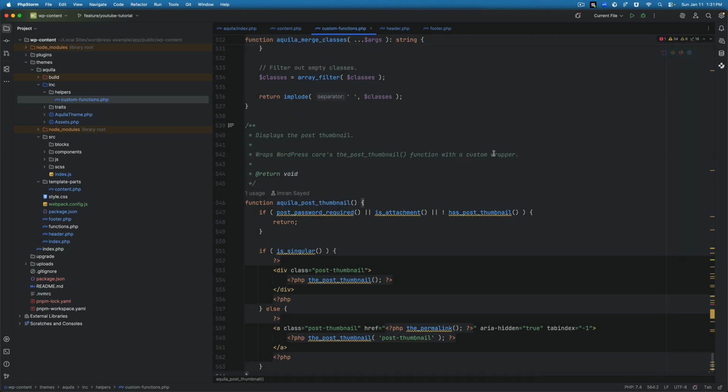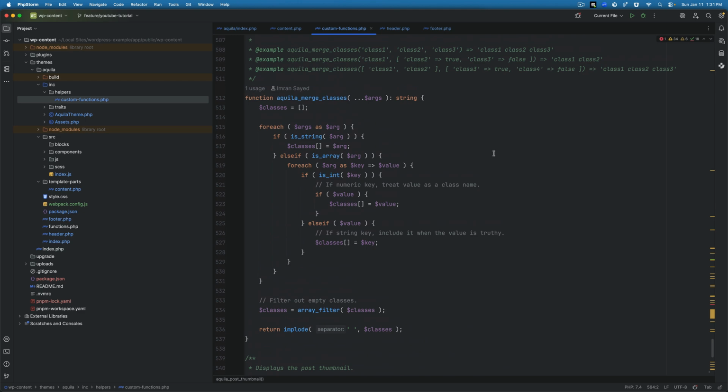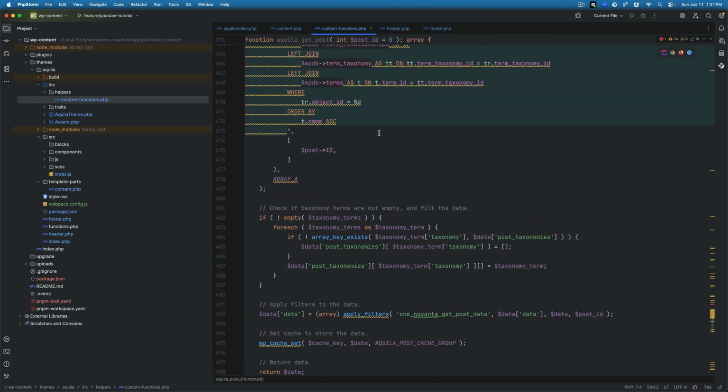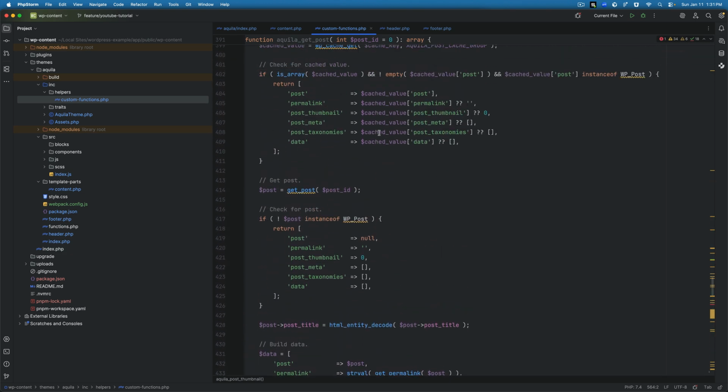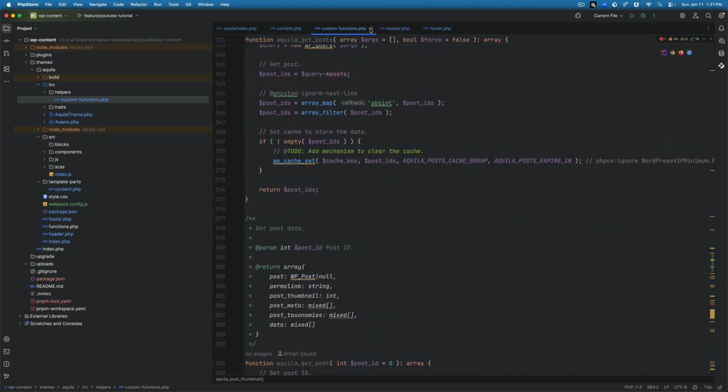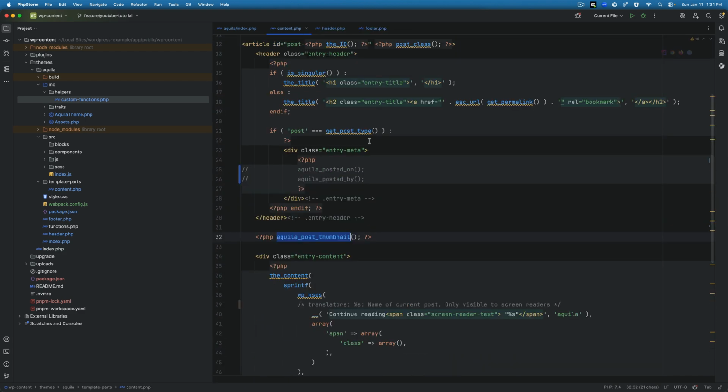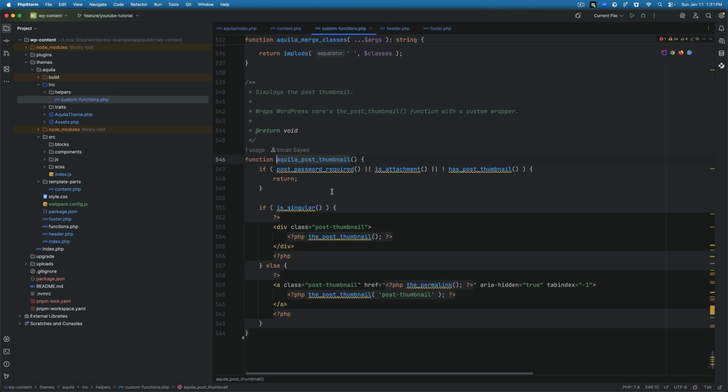Basically these are helper functions, which allow us to reuse a bunch of functionality. So that's why I've created it. We won't go through all of this in this particular video, but I'll explain each of these functions as we progress along. But for now, all we need is Aquila post thumbnail, which is defined in the custom functions,